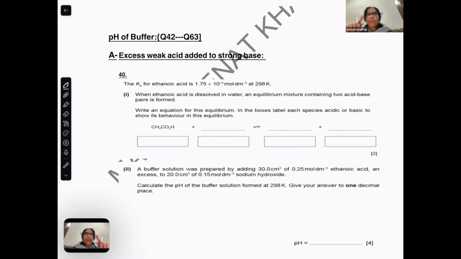I have divided these into two types: one is when you add excess weak acid to strong base, and one is when you mix weak acid with its salt. The second ones are easier. The ones with excess weak acid and strong base are a bit longer questions. Once you know how to do these, you would be able to do the easier ones much more swiftly. So coming to this question,